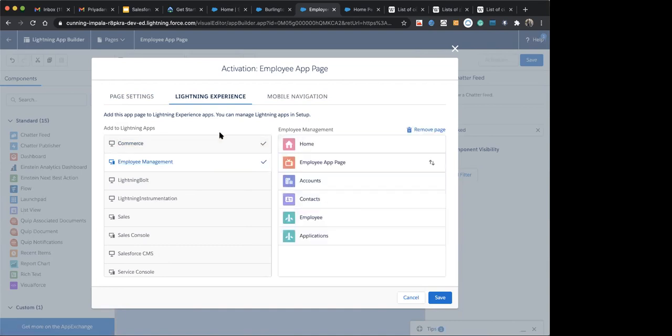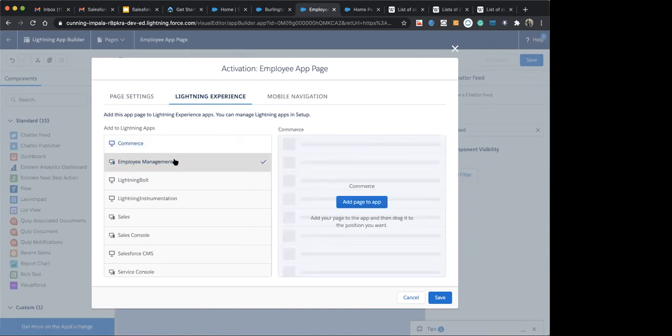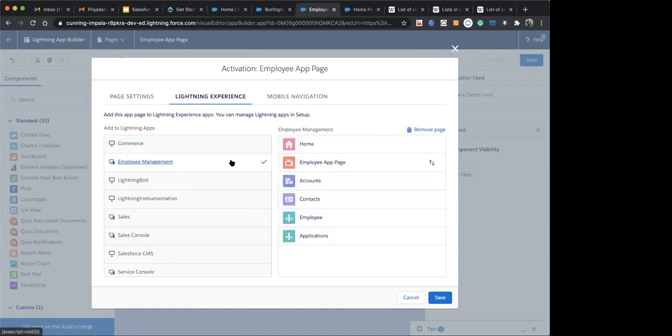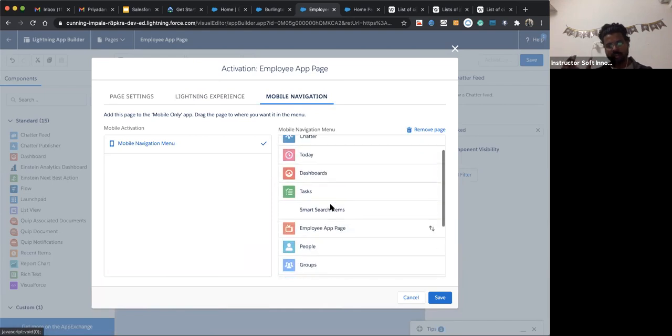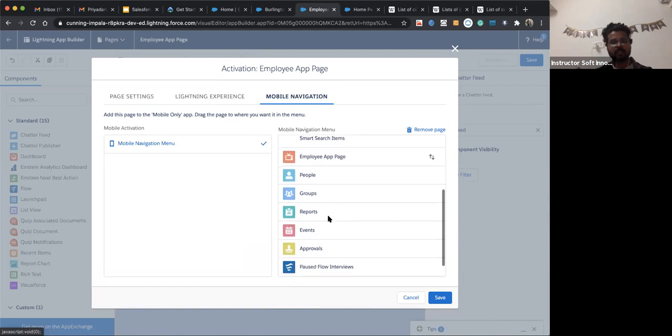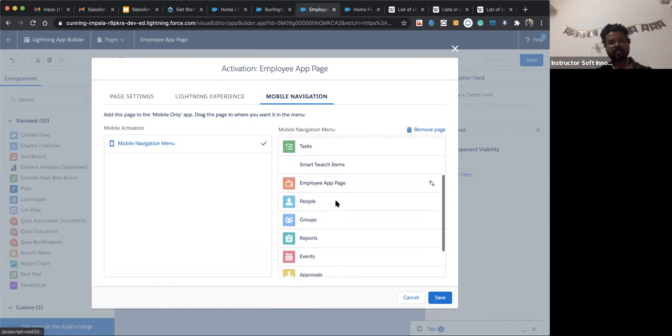So we are adding the application we create under other apps? This Lightning experience, whenever we are adding our app, will it be underneath of other bigger applications, or what is this? I didn't get it, like Lightning experience, mobile navigation. I'm not getting the question. Mobile navigation means whenever you try to open that Salesforce app on a mobile, it asks whether you want that app to be available in the mobile view or not. That's the thing.